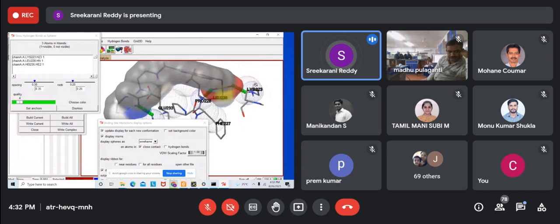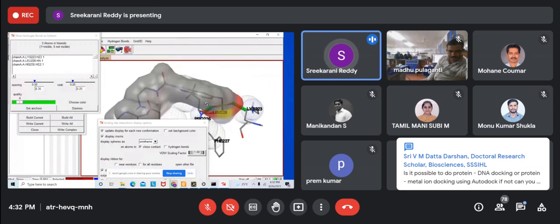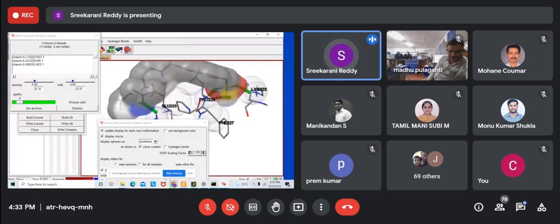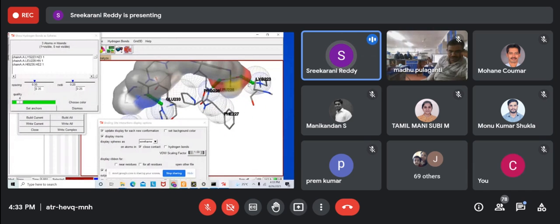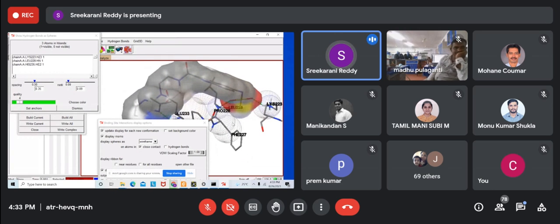These are the interactions. So you will be knowing lysine is making one interaction with the ligand and proline is making one. Whatever these green lines it is showing, this is the one whose size I tried to increase. Now I'm reducing it. So these are the hydrogen bond interactions we are making. We are showing it from the docking.